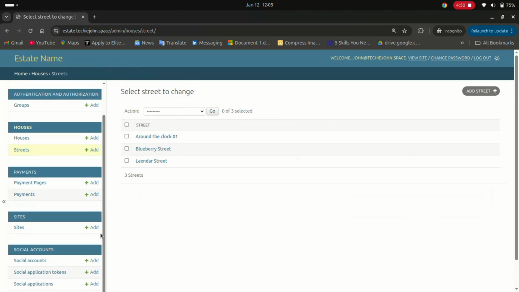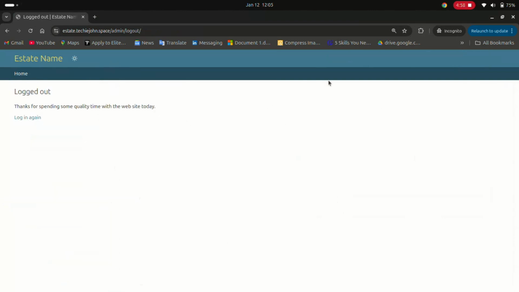And this is the street name. You don't need to worry about social accounts, it's just settings. So I've just logged out, and